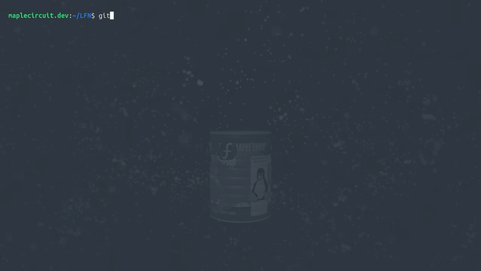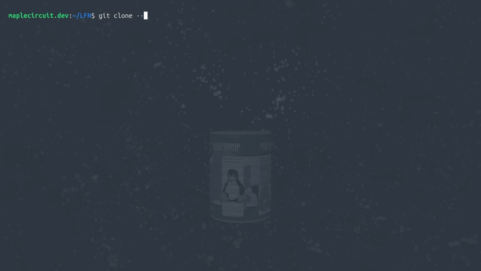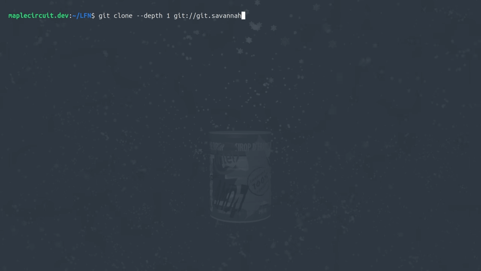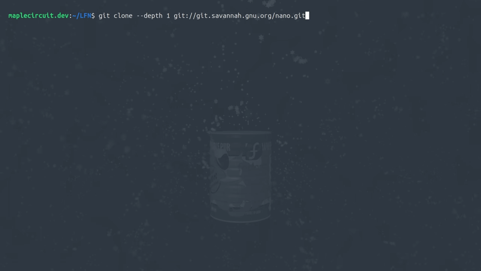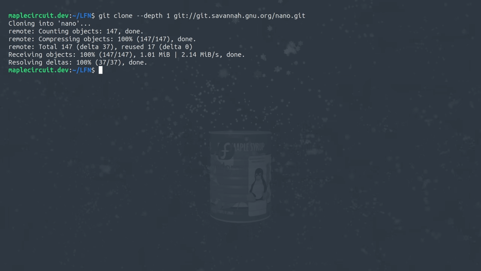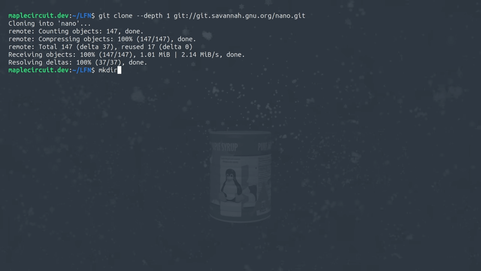Now let's go on to our last program of the day, which is Nano. Yes, Nano. Nano is my tool of choice to edit anything text related. Now, some people like Vim, some people like other things, but me, I'm a Nano guy, so that's where we're going. Again, we go with git clone and we copy the Nano source, and then we can make dir nano-build